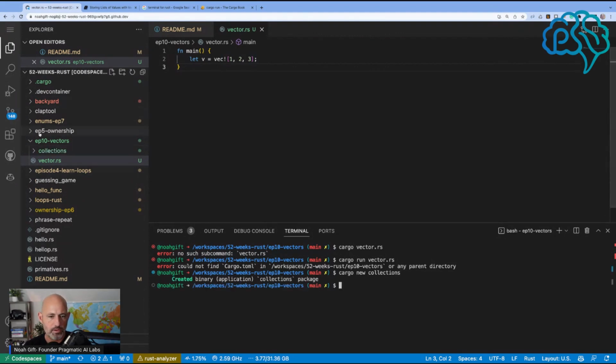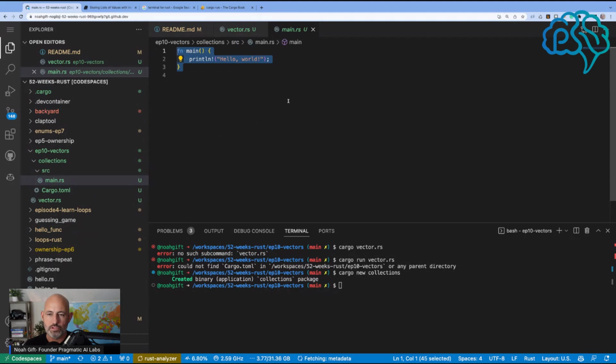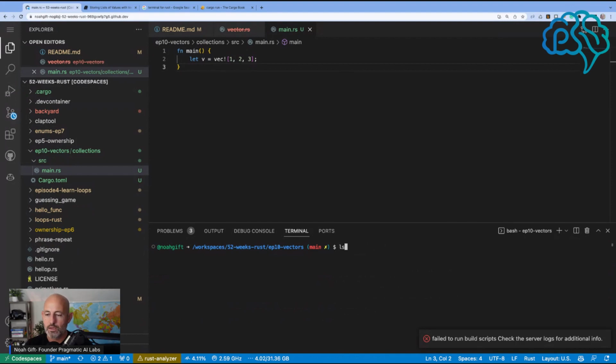There we go. And then I'll go inside of here. I guess I'll just go to src, and we'll just paste this in there. Well, first I need to delete this piece of code. Now if I say cargo run,